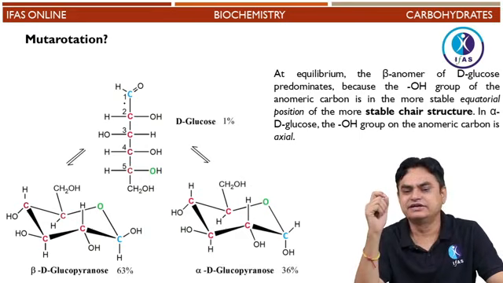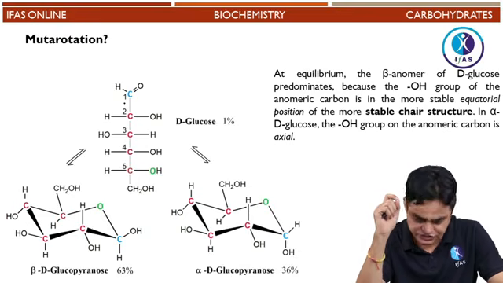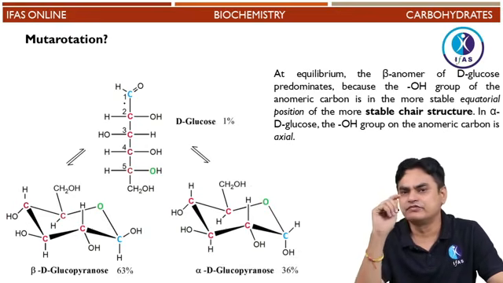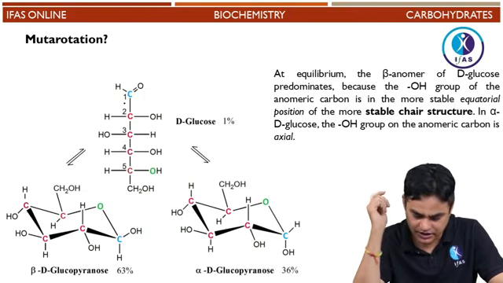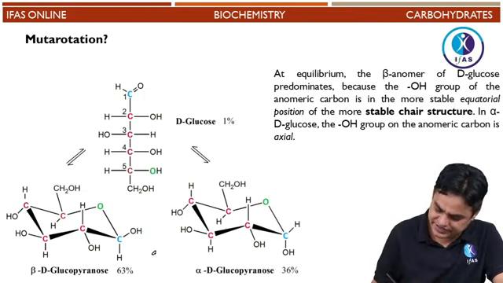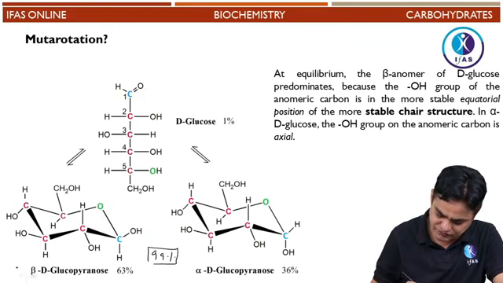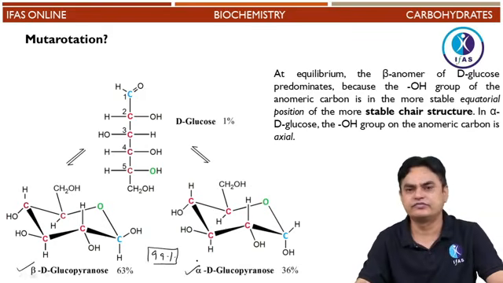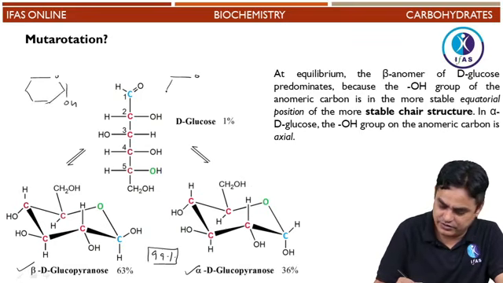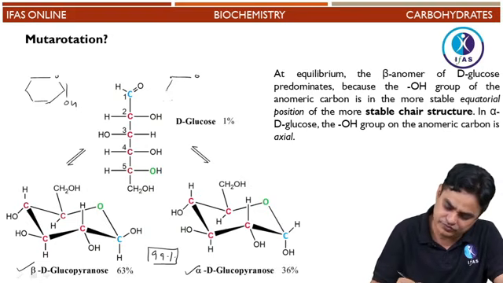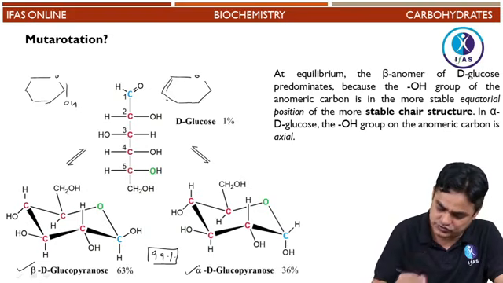Now, as I have said, the chain form is unstable, and it readily gets converted into a ring form. In a ring form, let's say 99%, there are two different forms possible. One is beta D form and another is alpha D form, where the anomeric carbon could be above the plane or below the plane. So what we have drawn earlier is that these two different forms could be obtained, alpha form and beta form. These two forms could be adopted by glucose.